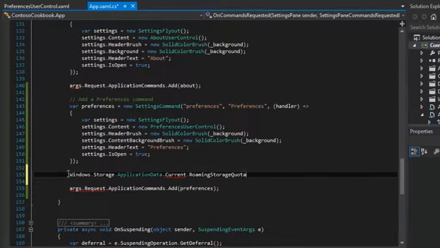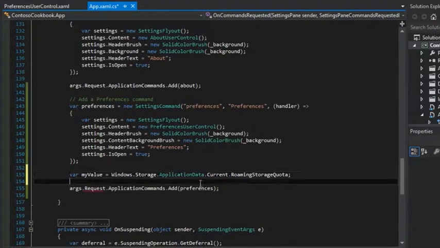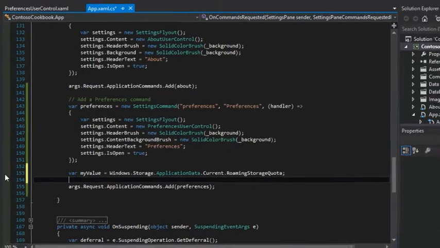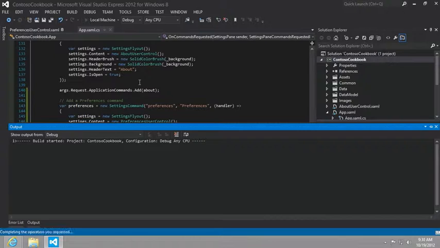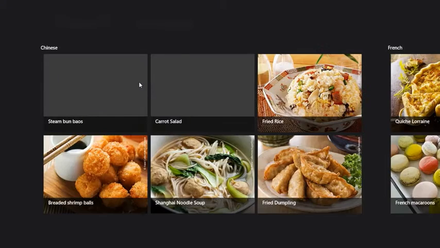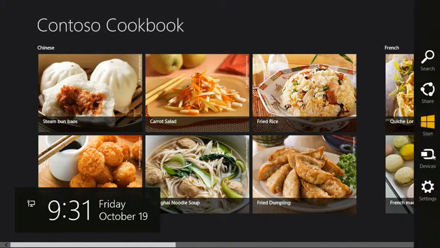We'd be able to get that value, so let's just do var myValue equals and then do that. And I'm going to set a breakpoint on this, and then I'm going to run the app. And we're going to bring up the